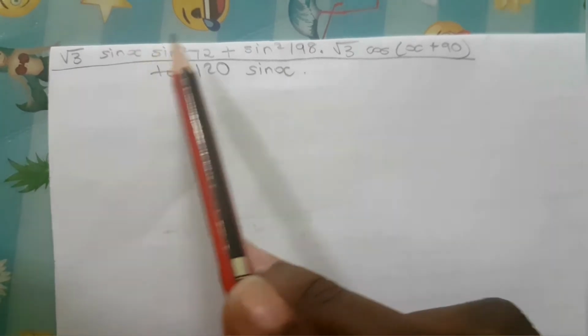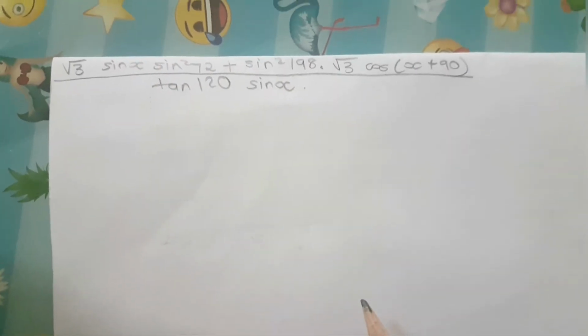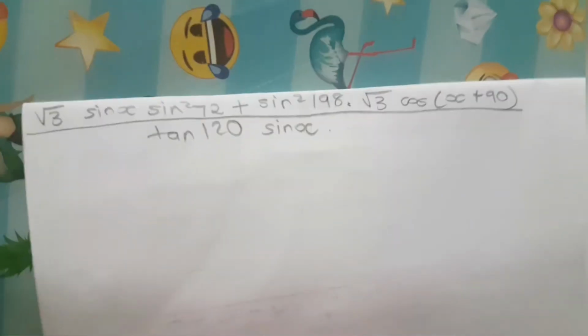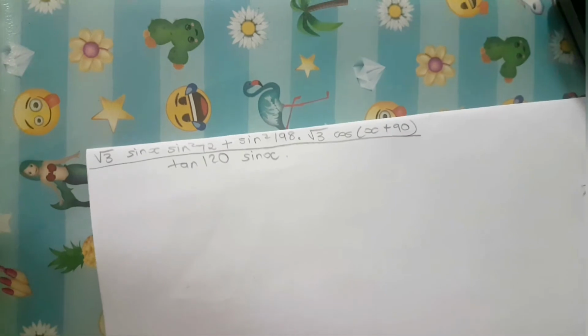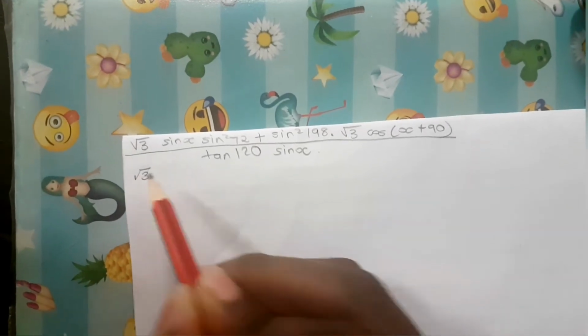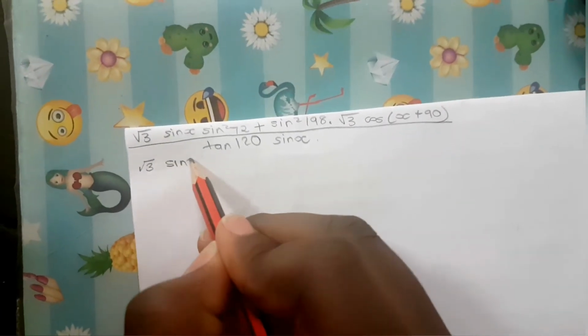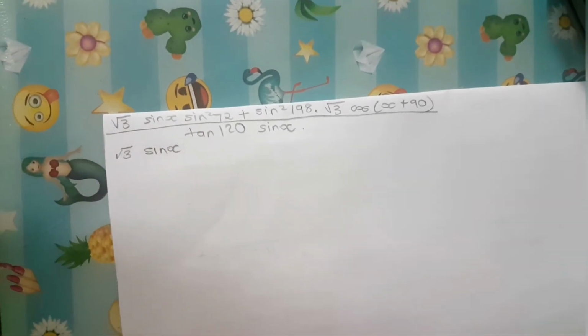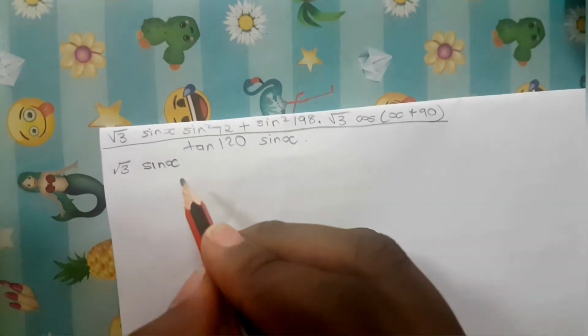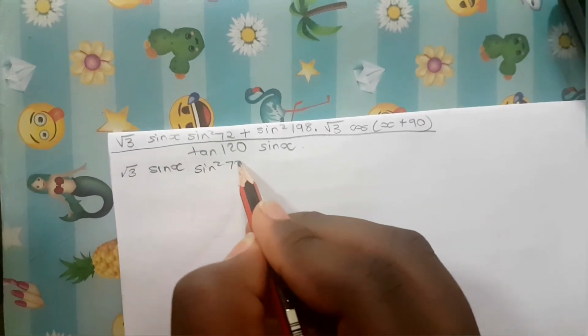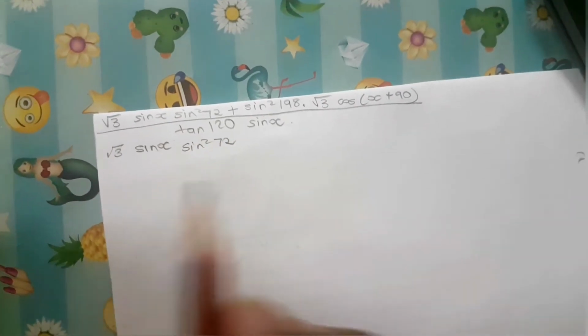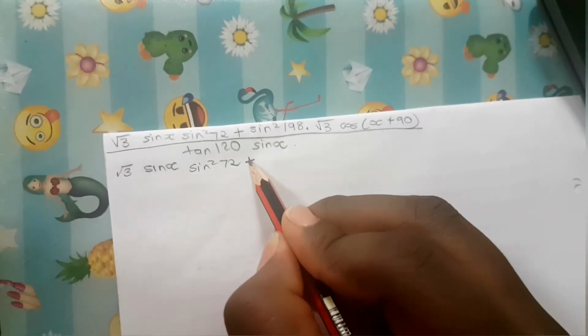You can see there are already so many variables, and people get confused, people think it's already hard, they don't even want to try. But learn to deal with one sum at a time. So let's start with the square root 3 sine x. That cannot become any simpler than it is, so you leave it as it is. Sine squared 72 can be changed at the end, but for now leave it. You have bigger things to change. You go on with your plus, and then your sine